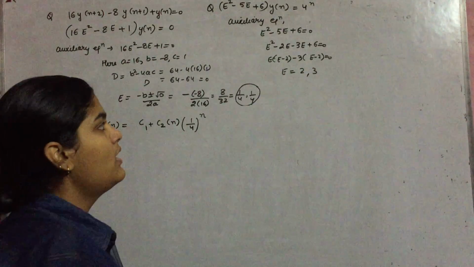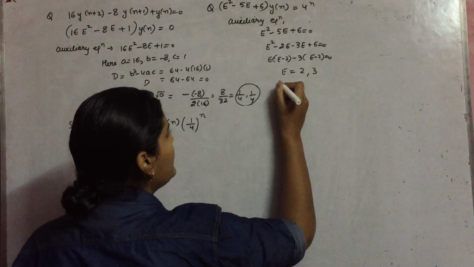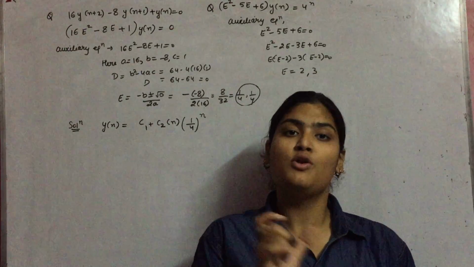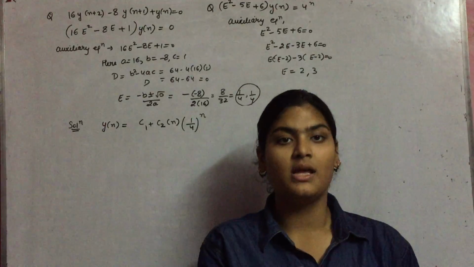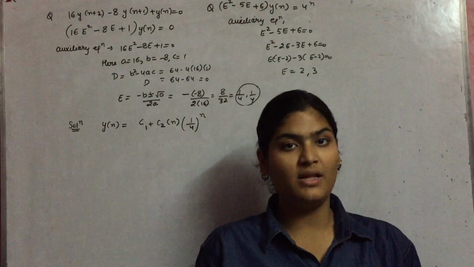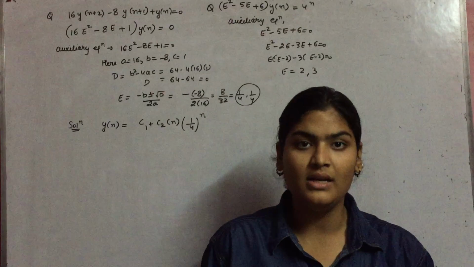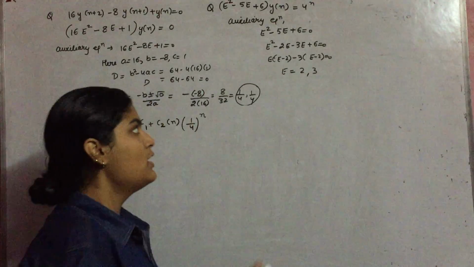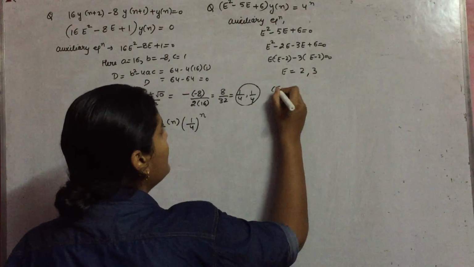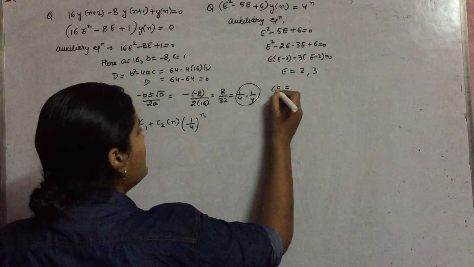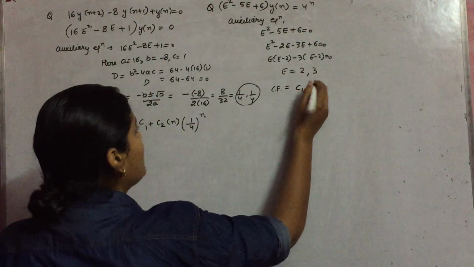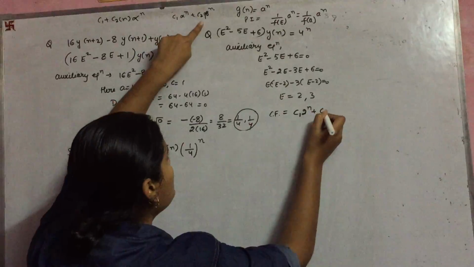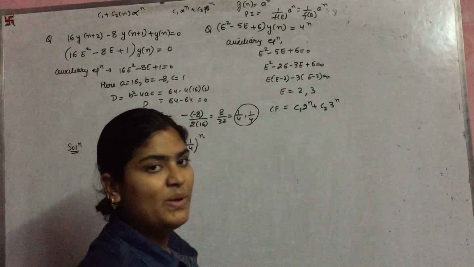Okay. Now as roots are different, one more thing: whenever you have to find the solution for a non-homogeneous equation, you have to do two things. Firstly, you have to find the complementary function and then the particular integral, and you sum them up and you get the solution. So your complementary function is, because roots are different, you have to apply this formula: c1 alpha, which is 2, plus c2 beta, which is 3. This is your complementary function.